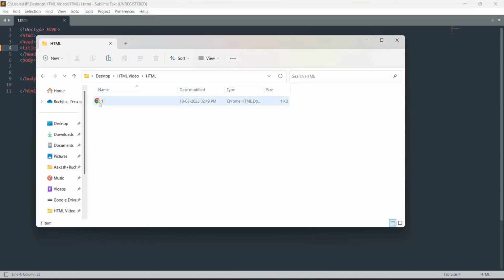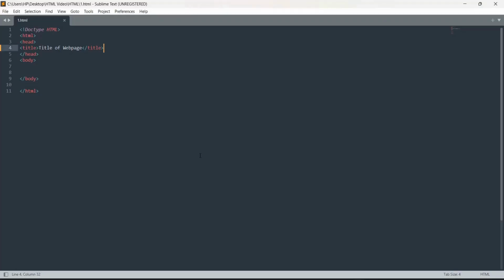I'll come to the folder. Now when I try to open it in my browser, you can see the title of web page is visible as the tab name. Correct? It is getting displayed as our title. Great. I hope the basic structure of HTML is clear. We will see more topics